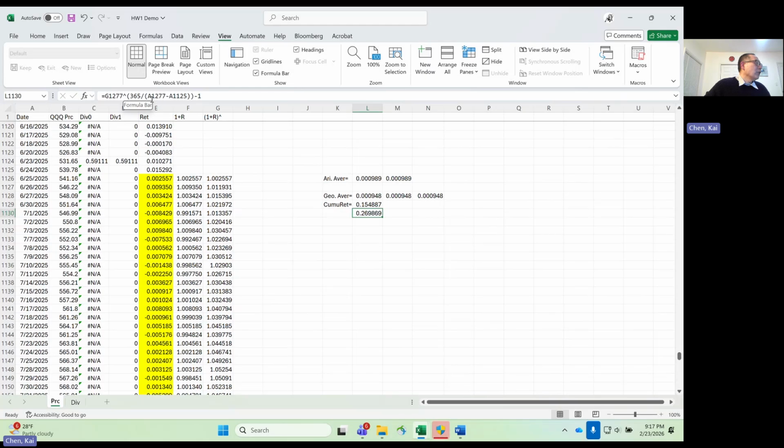How can we get the number of days in the holding period? A1277 is the last day, minus A1125, which is the date before the beginning day, before the first day. The difference is the number of days in the holding period. Then minus one. That is the annualized